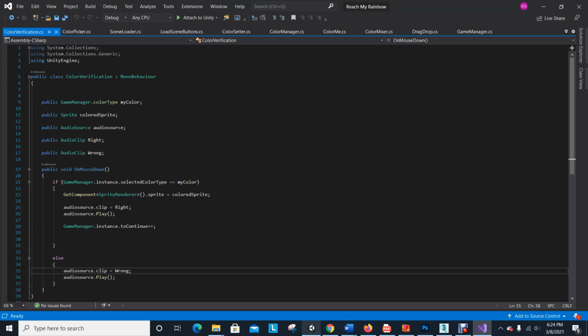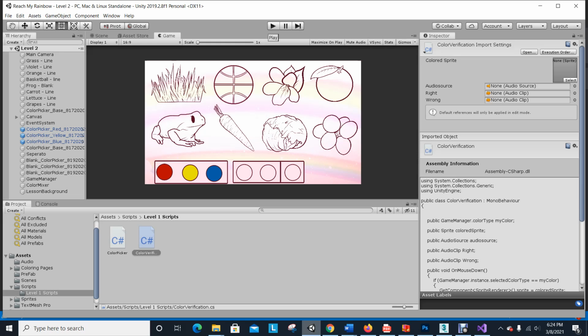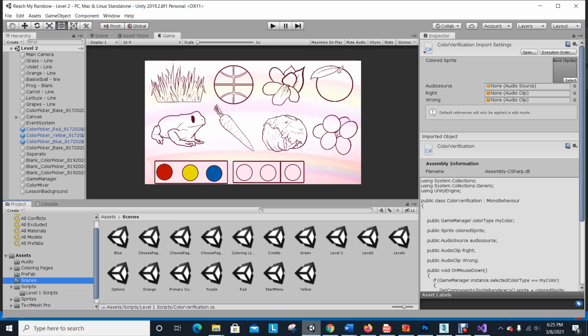But yeah, so this was the color verification, meaning you're verifying whether the child has picked the right or the wrong color, and then the audio would play. So there was a whole script dedicated to that. And I think that's probably about it. So I showed you a little bit of the code, and a little bit of the game inside of it. Not sure if there's anything else. No, I had level 1, level 2 levels. Yeah, I think